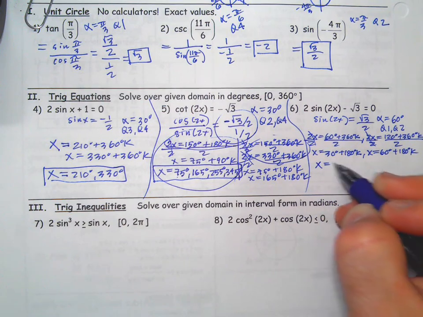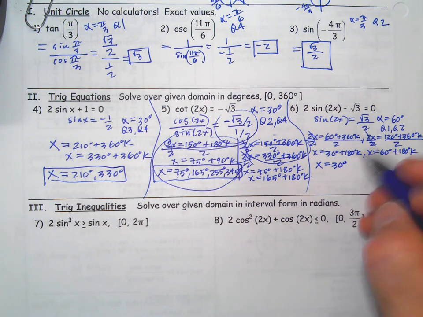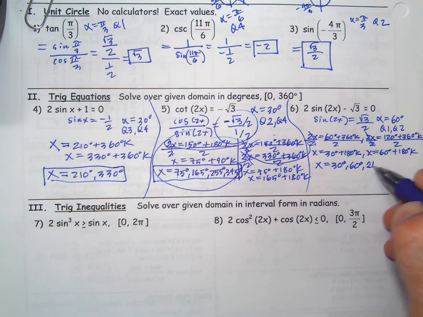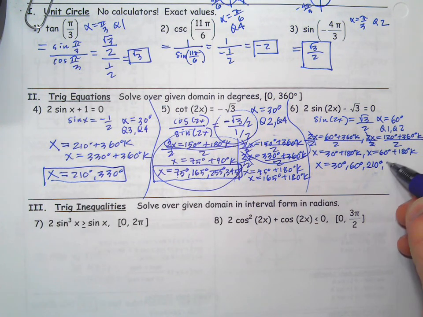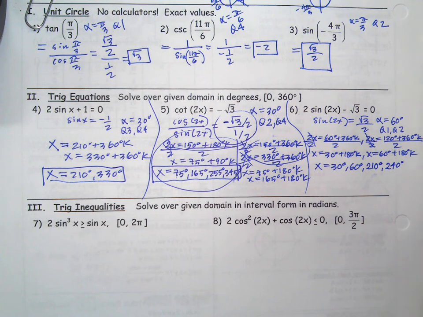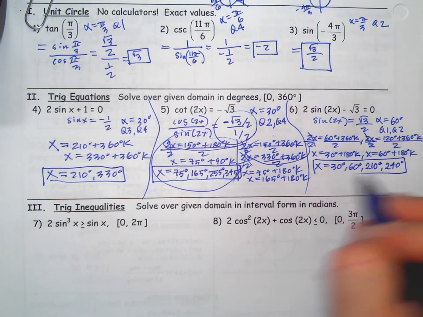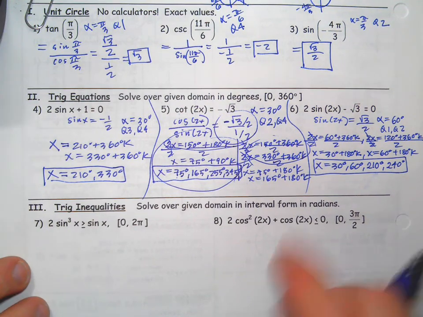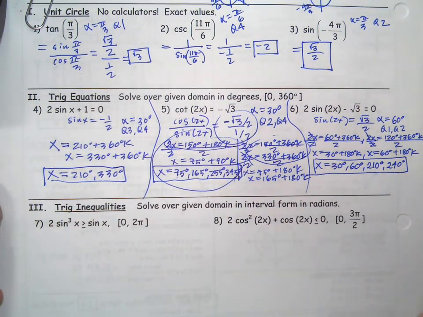And all the answers, I mean, you don't have to put them in order, but it's kind of nice. 30, 60, 210, 240. 4 answers, which makes sense. We usually get 2 from 0 to 360 for sine, but it got doubled because the period got cut in half. So that's the kind of work I'd be showing. It's the kind of work I'm going to also show on 7 and 8, but then we just do a line